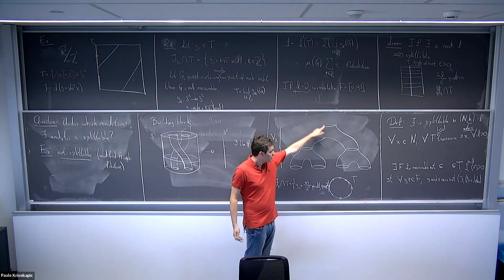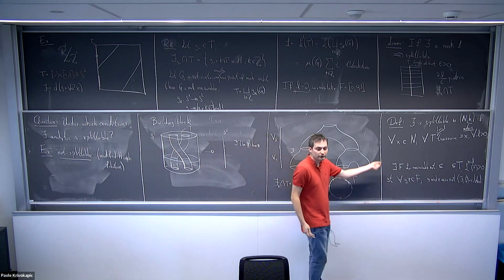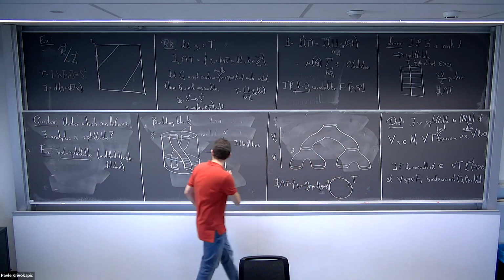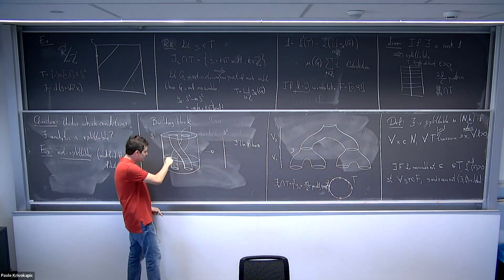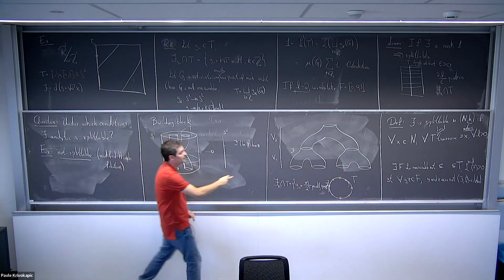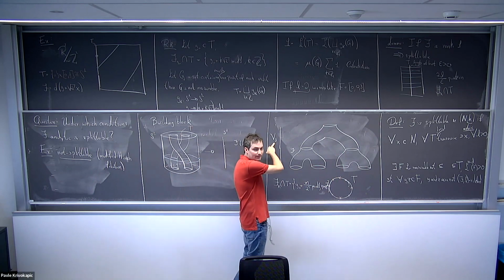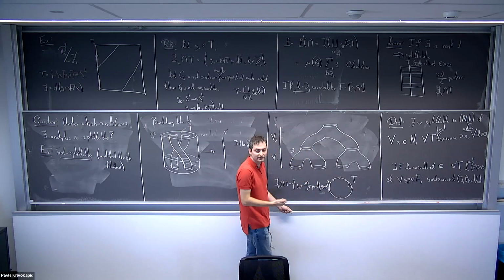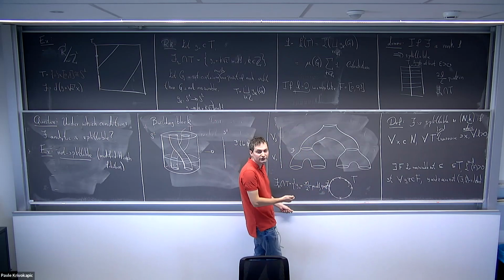And now what you can do is that you can glue metrics here too. So you can produce a metric by just asking that at every one of these building blocks, the geodesics that go from one point to the other here are of length at most 1/2^n, indexed here by this part. And if you do this, then all of these points are going to be connected by a geodesic of length at most 4. So this is going to give you something which is not splittable.